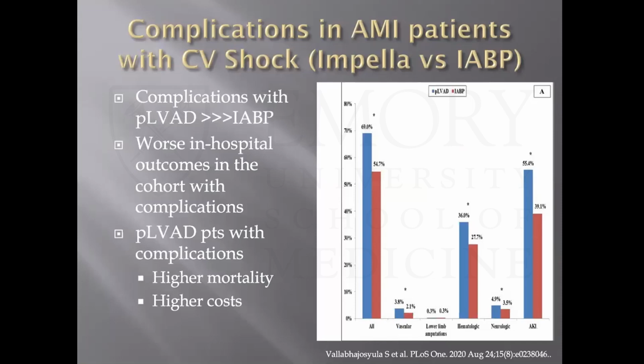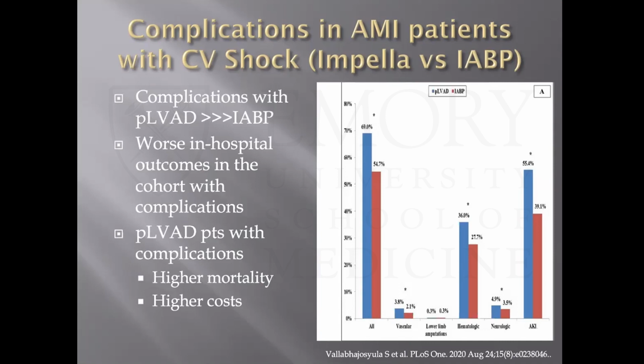This was shown fairly elegantly by one of our current interventional fellows who came to us from Mayo Clinic. Saras, for those of you who met him, just published this last month with his prior team members at Mayo, looking at acute MI patients in cardiogenic shock. It was not randomized, but they looked at patients who got Impella and who got a balloon pump. They did propensity matching, and as suggested in the other trial, there were higher complications with percutaneous LVADs or Impella. In most of these cases, it was Impella.